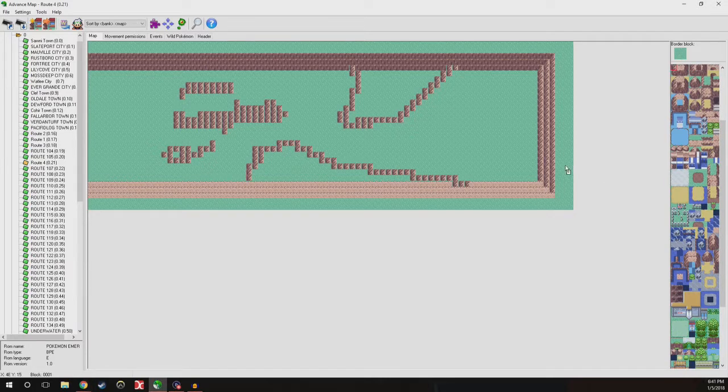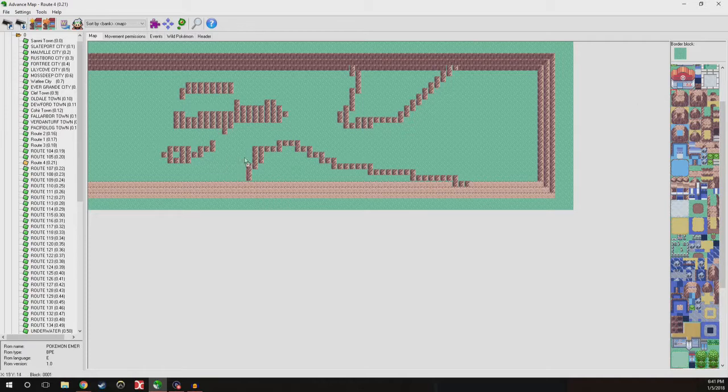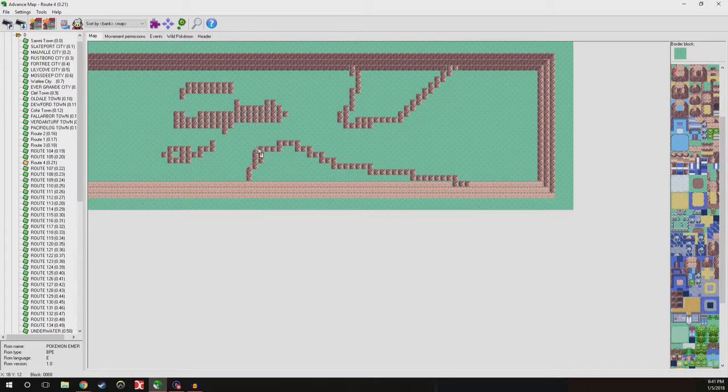Let's see, so a big part is making the maps look good, but also look original, I guess is the word. Because you don't want to just have a map that doesn't...